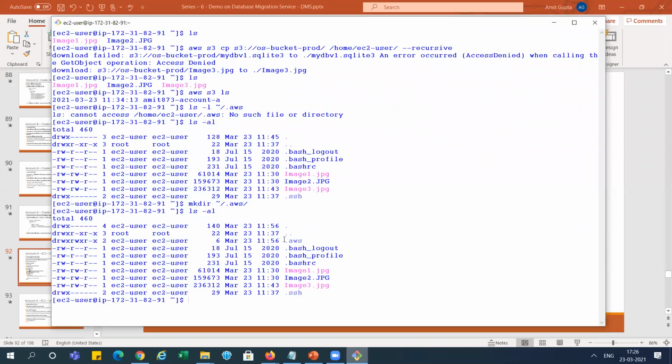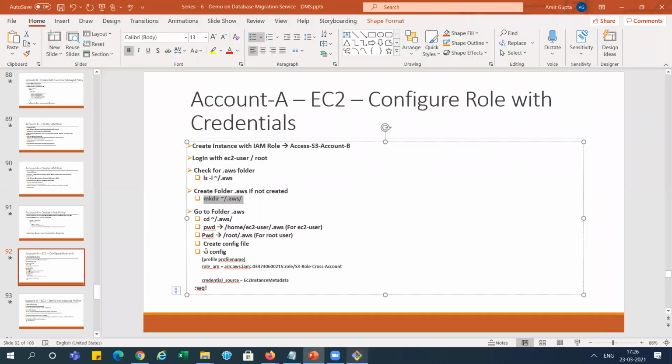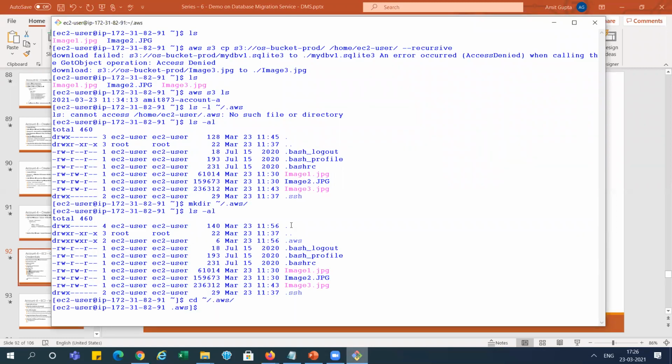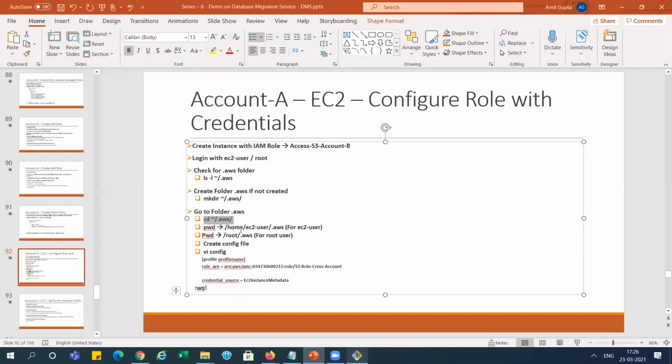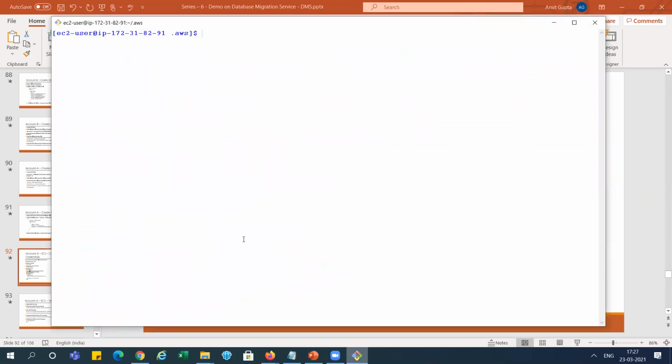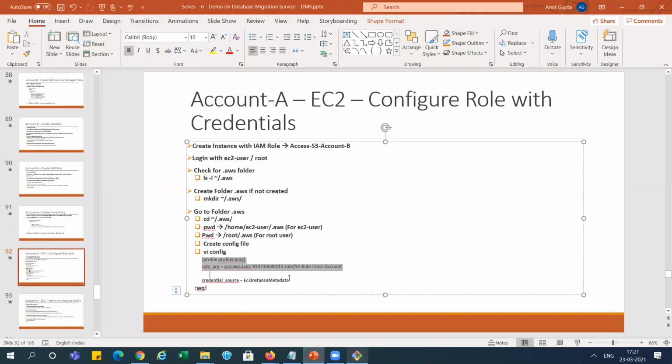So now I will go into the same directory. Now I'm just clearing it. We will create one config file over there, vi config, and in the config file, I will show you what we will mention.